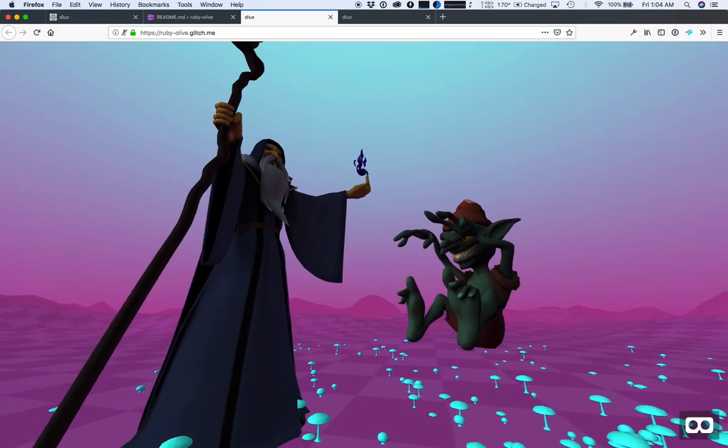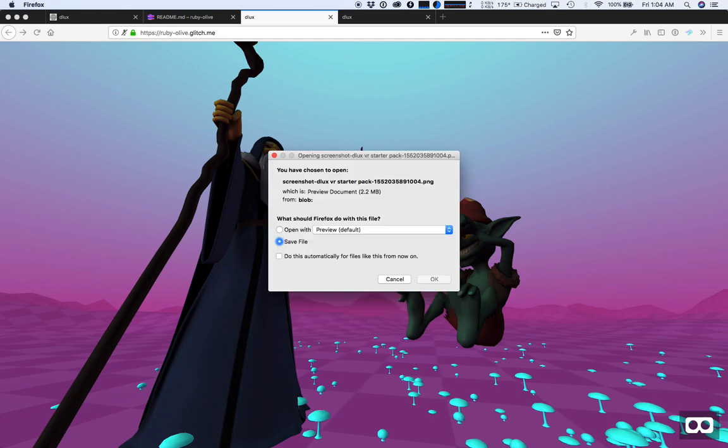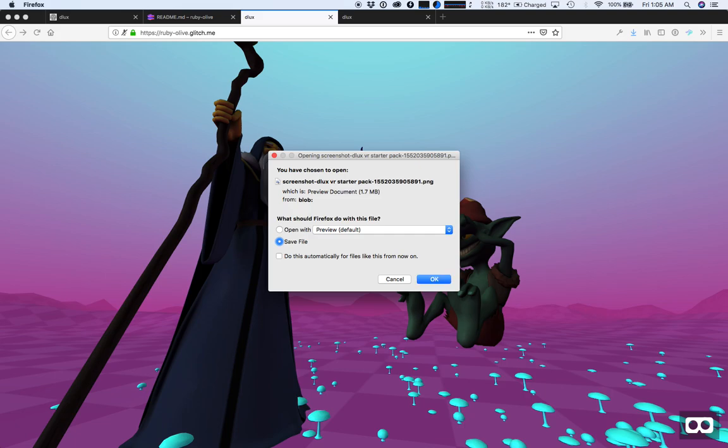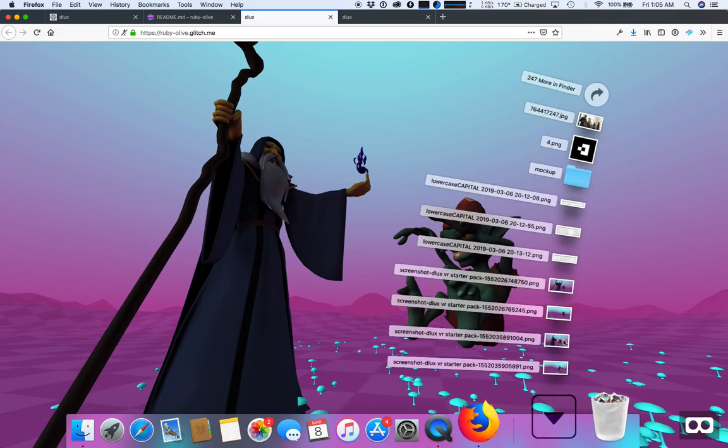That looks pretty cool. So we're going to click Control Alt S to take that photo. Control Alt S. And there it is. Here's our photo. Let's save it. Okay. And then we need to take one more photo with Shift Control Alt S. And that's going to take a 360-degree photo. So there it is. Click OK. And you can see I attempted to do those earlier, but there is right there our normal and our 360